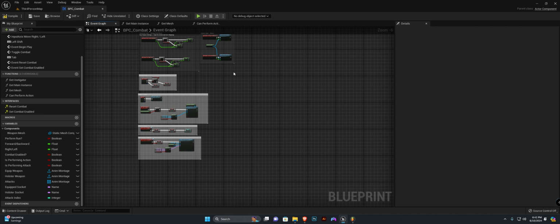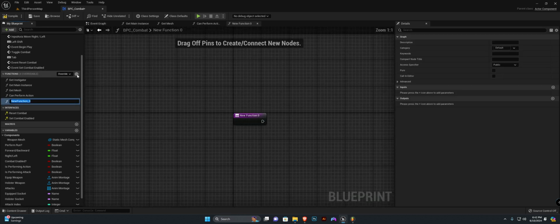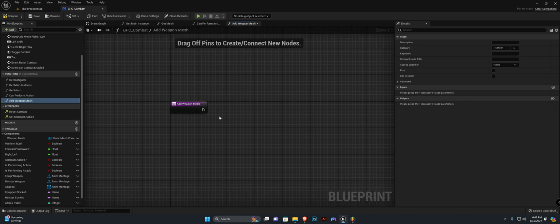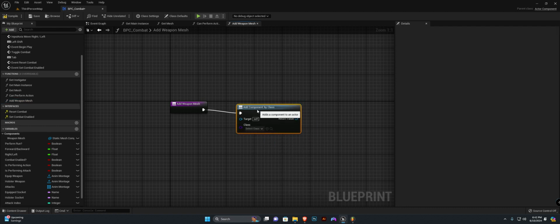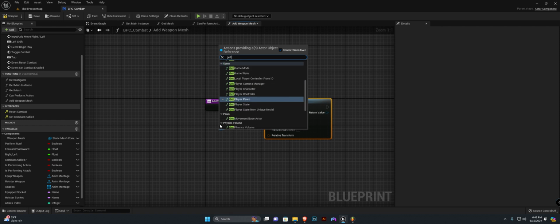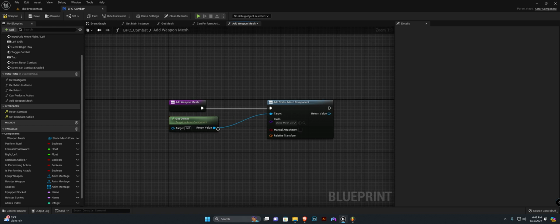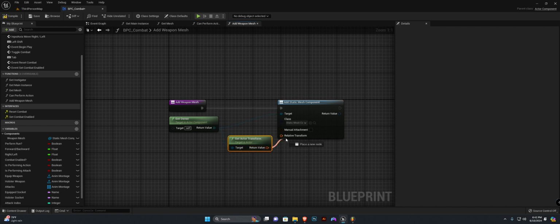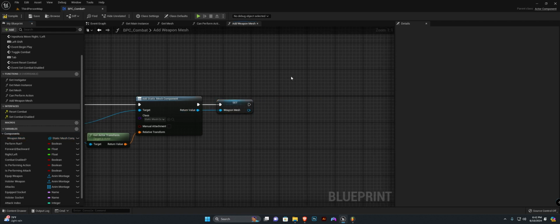So the next thing we want to do is add the weapon mesh. So I'm going to create a function for this called add weapon mesh. And we want to add a component by class. It's going to be of type static mesh component. The target is going to be owner, so let's get owner component. And from the owner, we want to get actor transform, and this will be our relative transform. Next, we want to set our weapon mesh variable as the return value, and from there we can head to